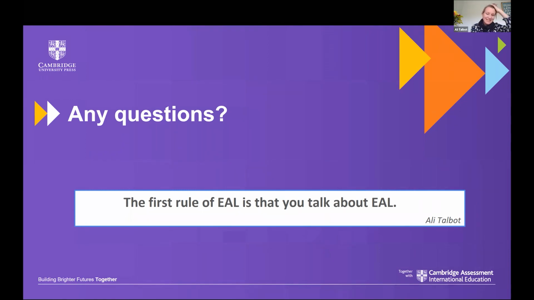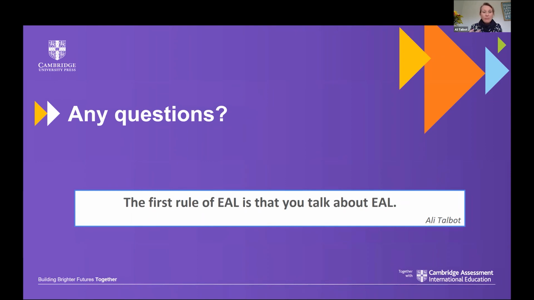This is this thing, isn't it, about EMI, English medium instruction. Someone at Cambridge University Press said to me not long ago, is EMI just what we're doing when we don't know what CLIL is? Which is quite an interesting question. So